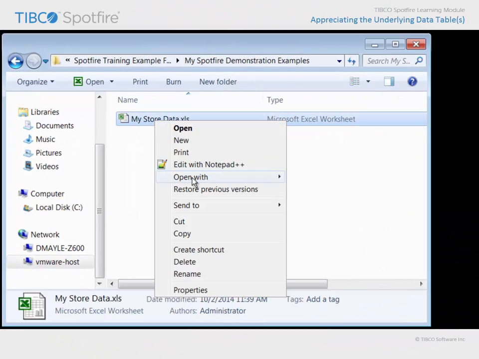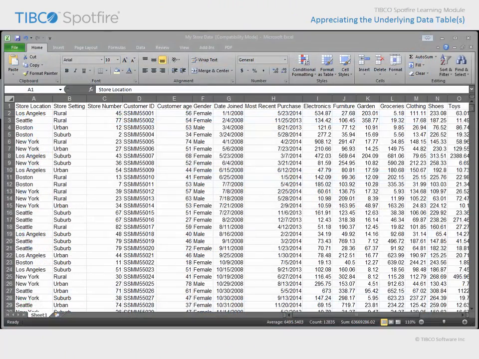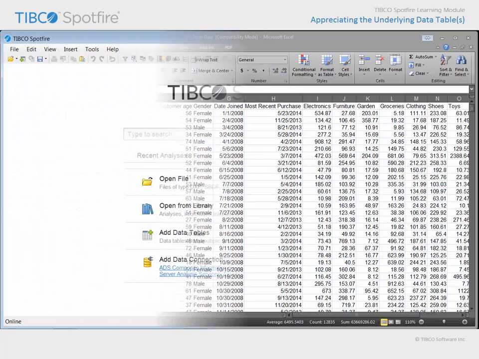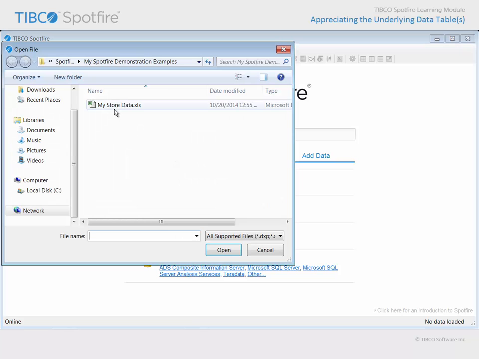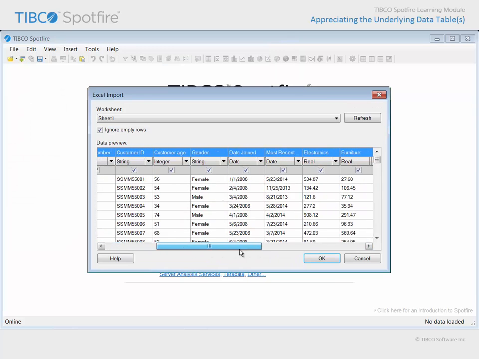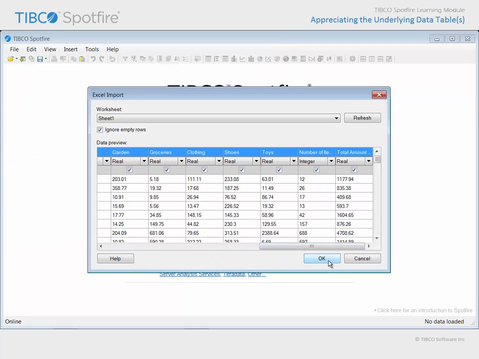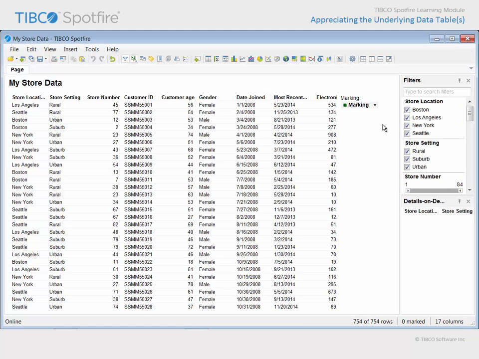We'll begin by opening a file in Excel in order to view the data of interest. You can see that this spreadsheet contains purchase information for customers at our Megamart chain of department stores. If we wish to open this as a data table in Spotfire, starting with a session where no data is loaded, we can use Open File from the welcome screen and select the Excel file with My Store Data in the title. Assuming that our preview looks good, we can click OK,